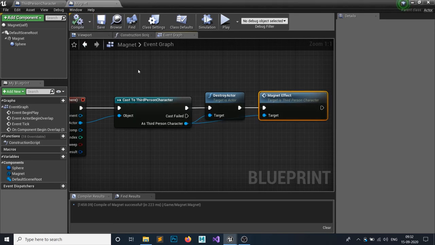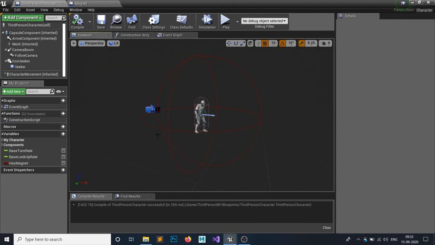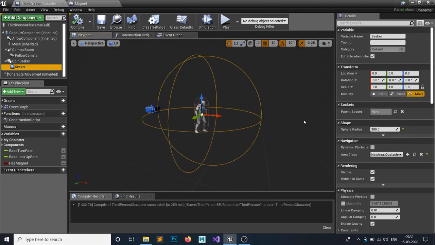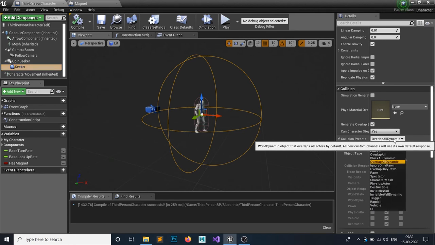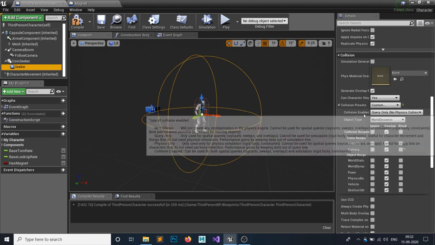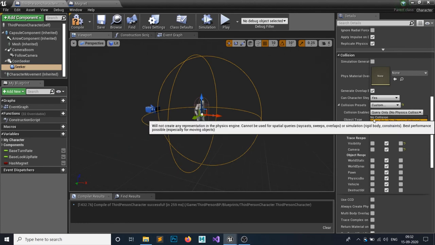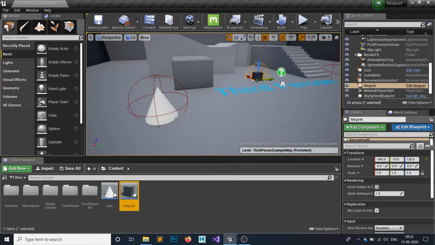Hit compile, save, and inside your third person, right now on starting we have this seeker with collision enabled, but we don't need that. You can see this is overlap all dynamic, just change it to custom. Set the collision preset to overlap and set the collision enabled to no collision. So by default it's gonna be no collision, and whenever we catch our magnet, it's gonna set it.